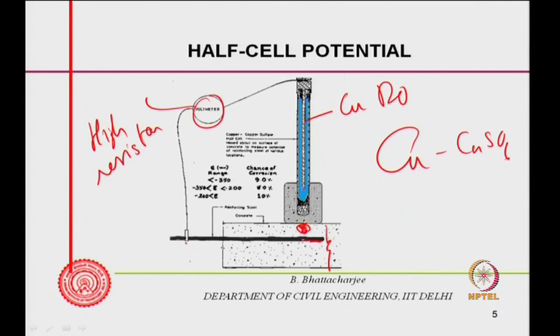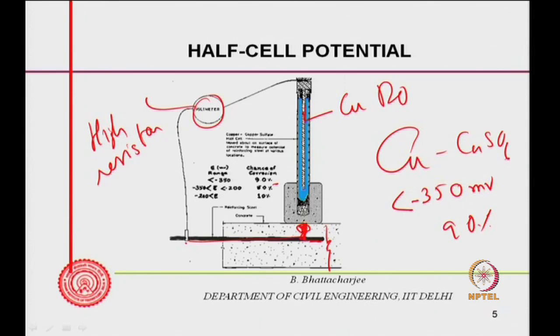So, the potential between this point and this reference electrode is measured by this voltmeter, and this we call the half cell potential, because this is the half cell. The other cell is formed by the rebar and the electrolyte, the concrete pore solution. And if this measured potential is less than minus 350 millivolt, the chance of corrosion is